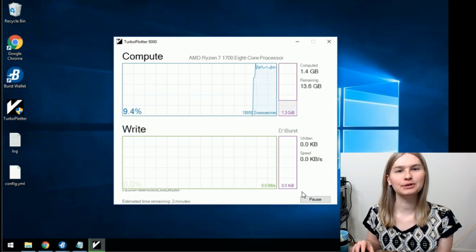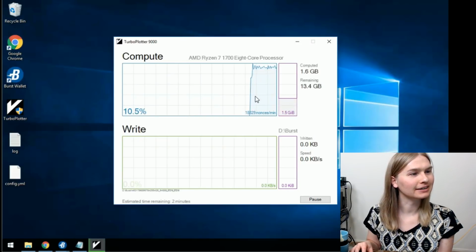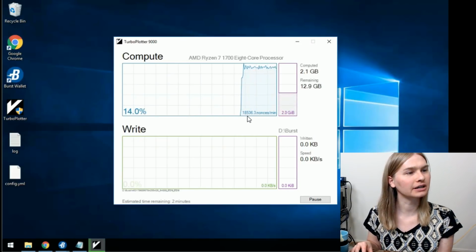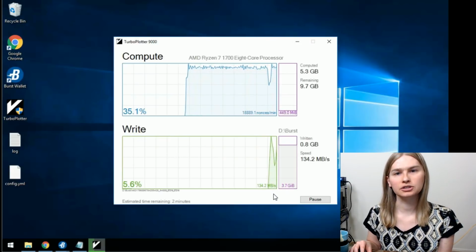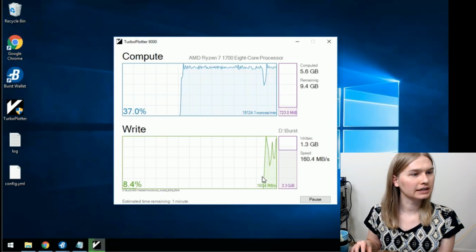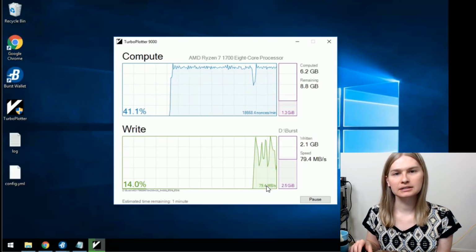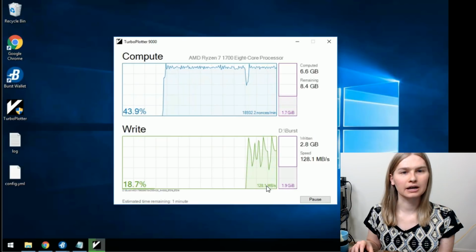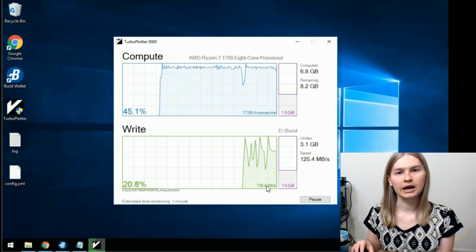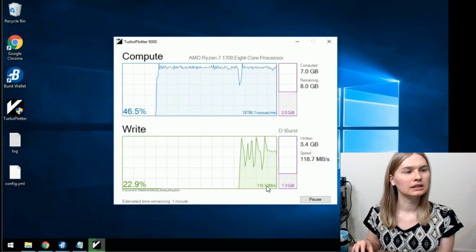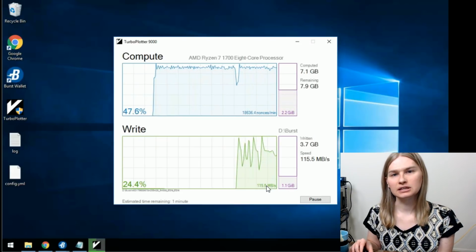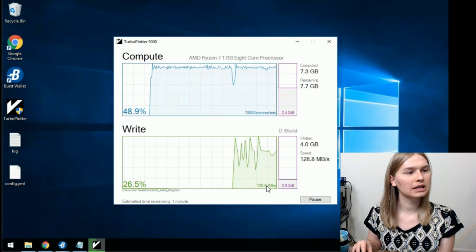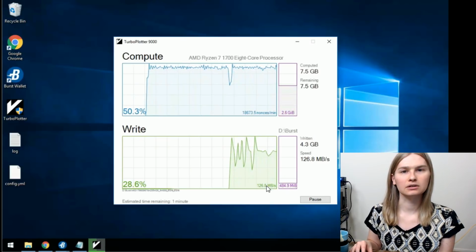And it looks like the CPU function works really speedy. This is faster than XPlotter actually. So look at the speed that we're writing to our Seagate drive. And we're going to see right now it's doing okay. It's a little jumpy. But what's happening right now is because this is an SMR drive, the data is being written to a volatile cache on the Seagate drive. And once that cache is full, the write speed will drop down significantly. And so I'm going to let this go for a little bit so we can see that drop in the